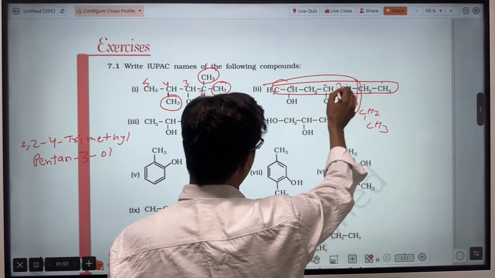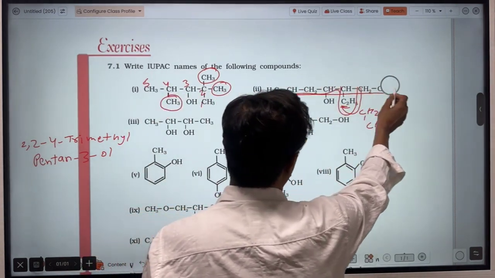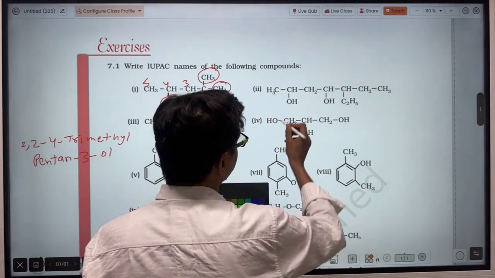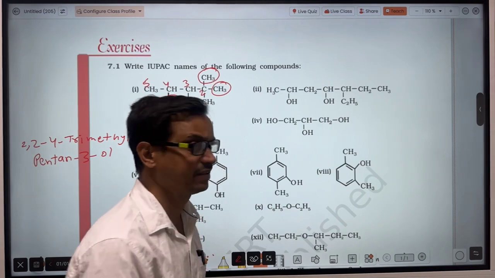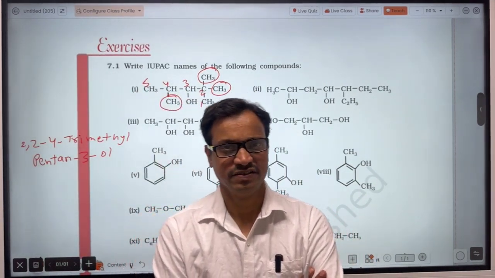So you may come in this direction also. It doesn't matter, in any direction you will go. You will have to go. You may go there in any direction. So that is here. So now after selecting the longest carbon chain, when we select the appropriate chain, then